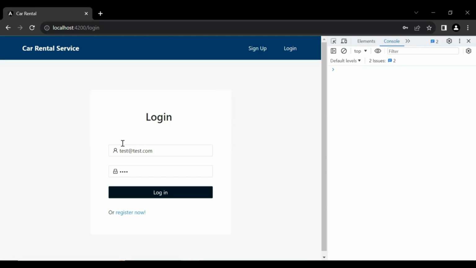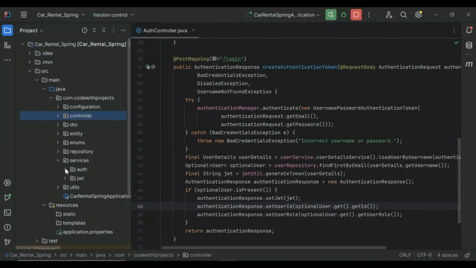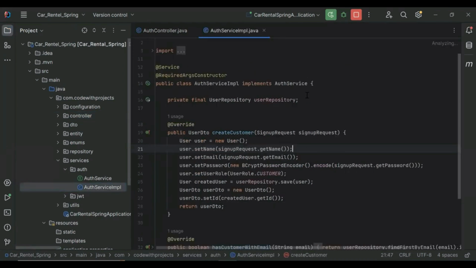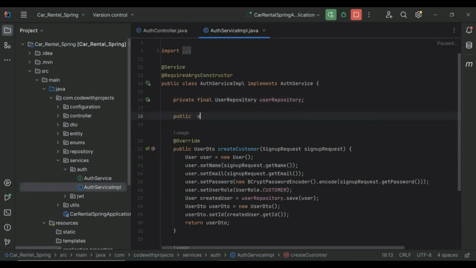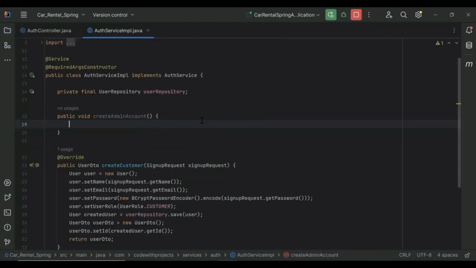So we need to create an admin account in our auth service. Let's go to our auth package, and here I'm going to create a method, void createAdminAccount. Here I'm going to create an object, adminAccount, from the user.